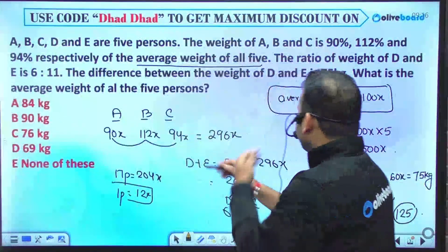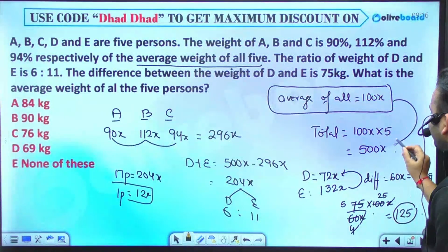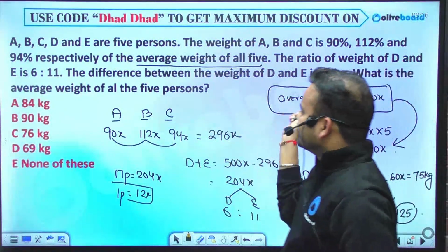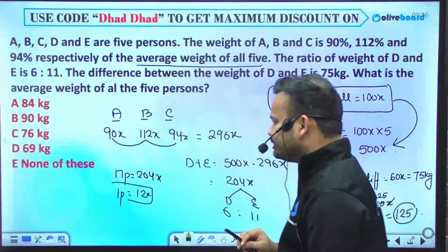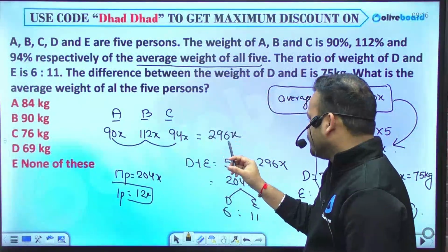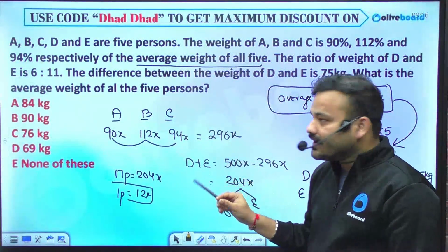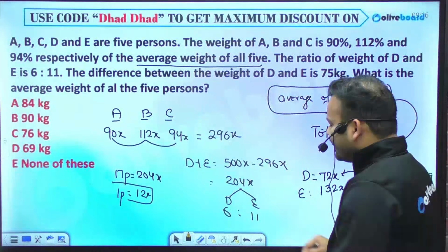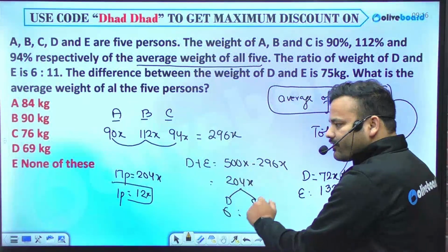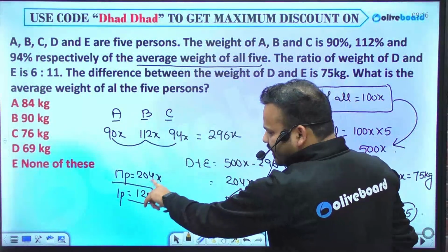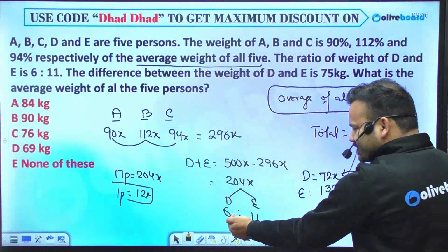No, this was 296. The average of all is 100x, so the total will be 500x. 90% of 100x is 90x, then 112x and 94x; together they are 296x. 296 plus 204x equals 500x, which is the total of all. Now the ratio of d and e is 6 and 11, which is 17, equivalent to 204, so 1 unit will be 12x. So 12 into 6 is 72x and 12